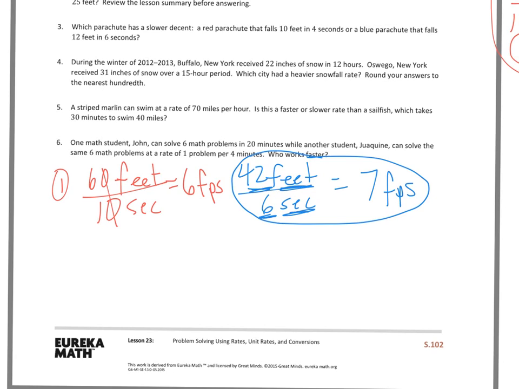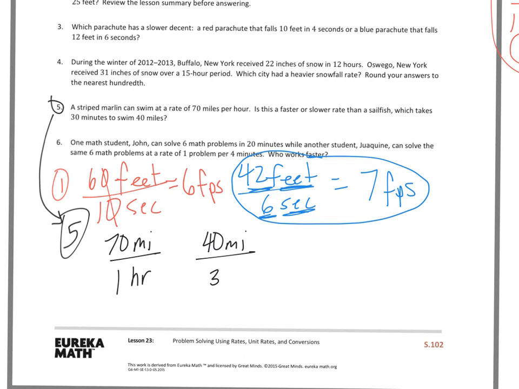And let's go down to 5. I want to make sure I hit a nice blend here of a few of them. So let's go to 5, and it says a striped marlin can swim at a rate of 70 miles per hour. Is this a faster or slower rate than a sailfish, which takes 30 minutes to swim 40 miles? So the first thing I'll do is I'll write down the marlin. It can swim 70 miles in 1 hour. And the sailfish, and again I had distance over time, the sailfish 40 miles